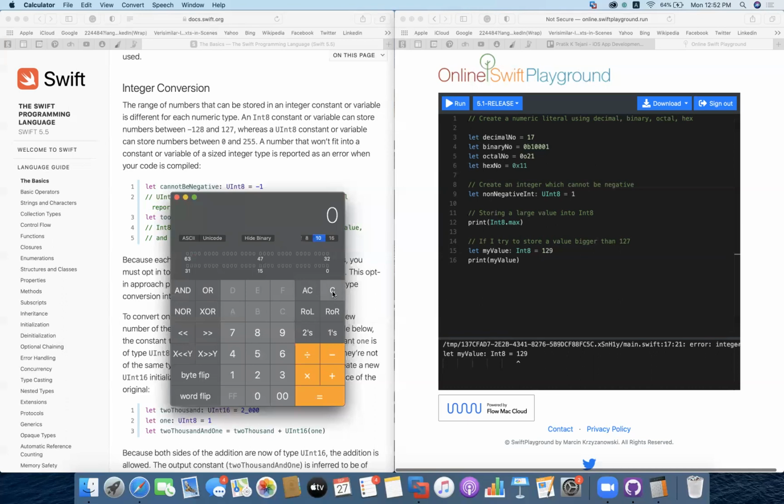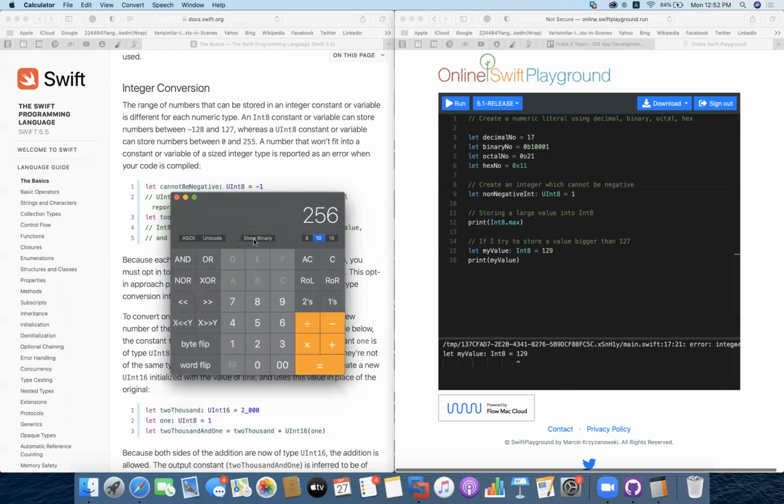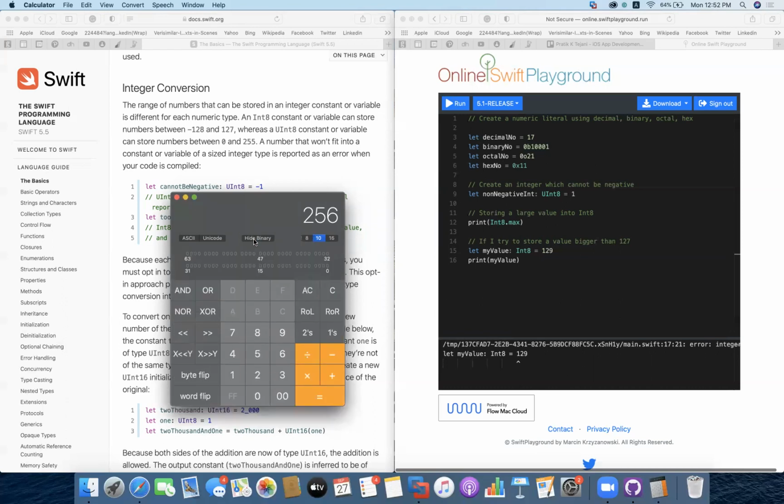I'll show you. If I convert 256 and show it in binary, that's all zeros.